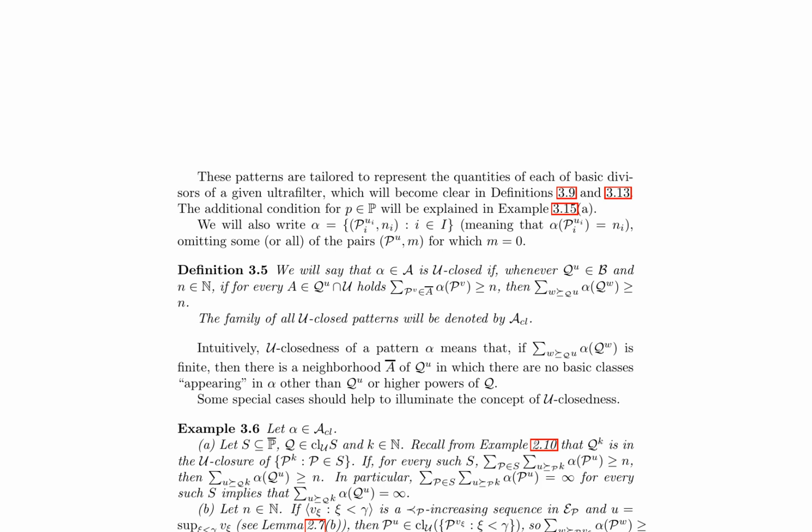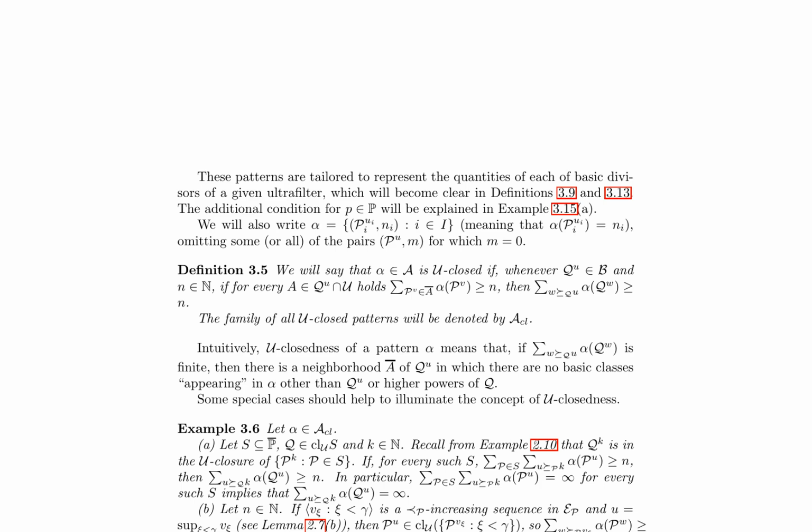Two sequences A and B in n infinity are said to dominate each other if, for every L in L, n airy summation M is greater than or equal to La M is greater than or equal to n airy summation M is greater than or equal to LBM. For alpha, beta in A, alpha precedes beta, alpha beta, if beta's sequence dominates alpha's sequence for every P. If alpha beta and beta alpha, then